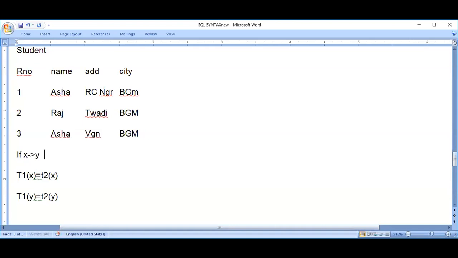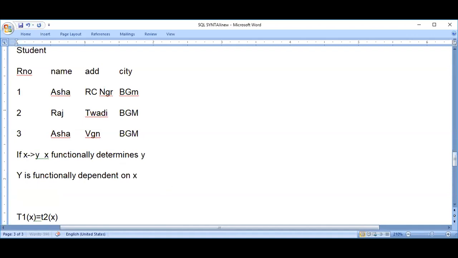So they put it like this: x functionally determines y, or it is also written y is functionally dependent on x.